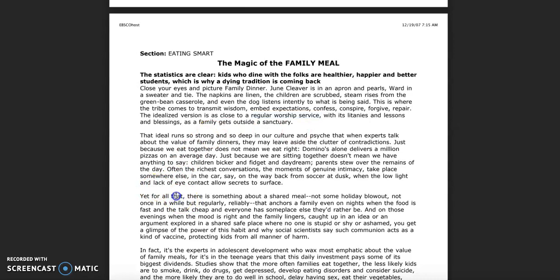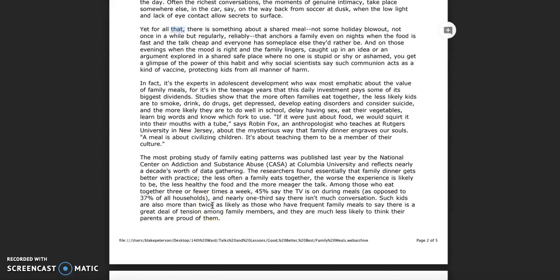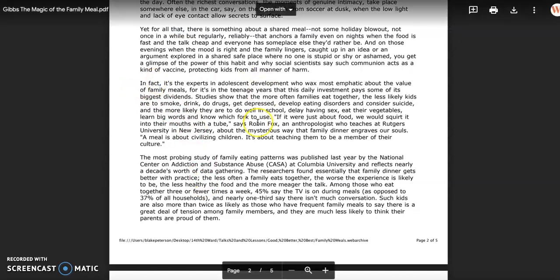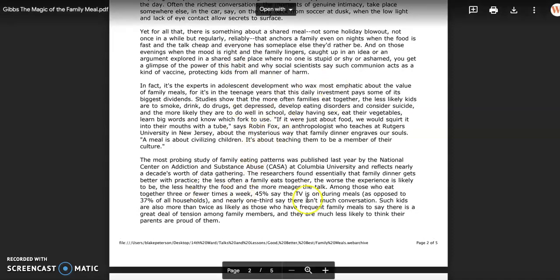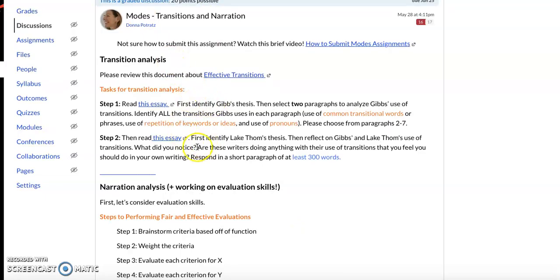I'm just going to call out a couple of these other demonstrative relative pronouns. So she's got this one here again, yet for all of that, and that's going to reference that last line of the previous paragraph. So it's really important to think about transitions, not just happening at the very beginning of your paragraph, which we see Nancy Gibbs doing, but they're littered throughout the entire piece, within the paragraph itself, and then also in these other more sophisticated ways, which includes using that metaphor, developing a metaphor.